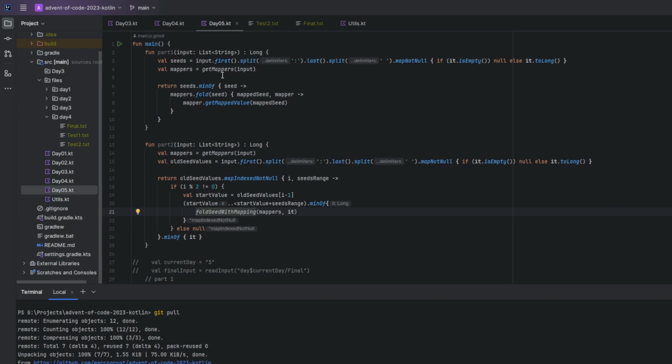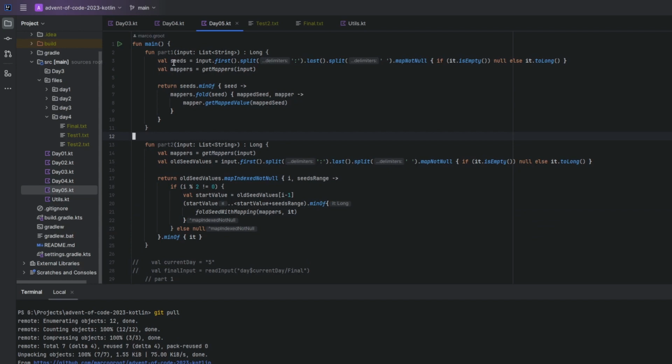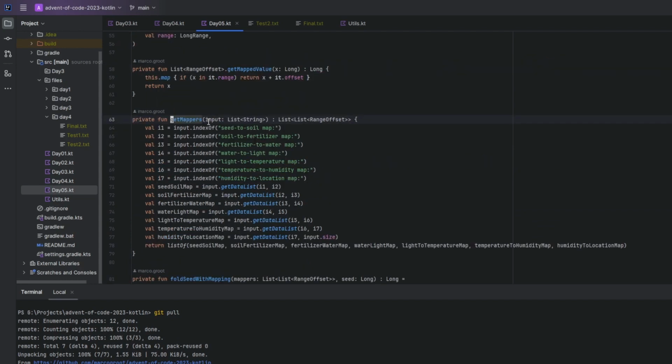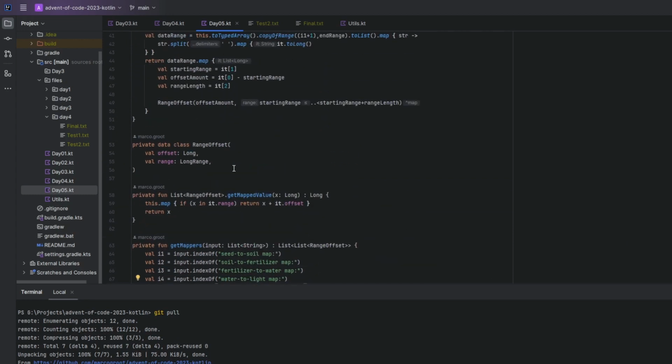So the first thing I did was get the list of seeds, which I just split by the colon, got the right side of it, and then got rid of the spaces. So I have a list of values that represent the seeds, and then I have this value mappers from this get mappers function. What I did was find the index of each of these titles, and then pull in the body of everything underneath it. And I stored each row in this data class called range offset, where